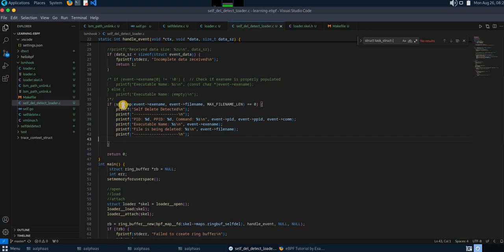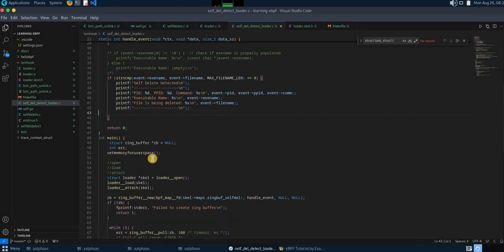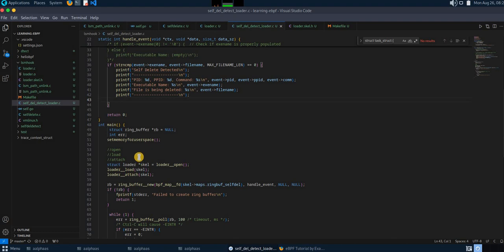So in that case, it will be more secure. But for this purpose, I'm just starting with C. I have to compare my exe name and file name and the max length I'm supplying, and if it's matching, I'm saying a self deletion attempt detected, and I'm printing the details here. That's the only difference between the normal loader and the map